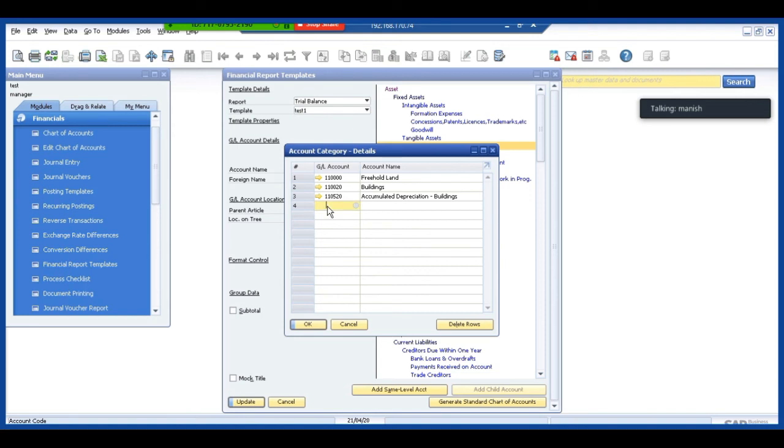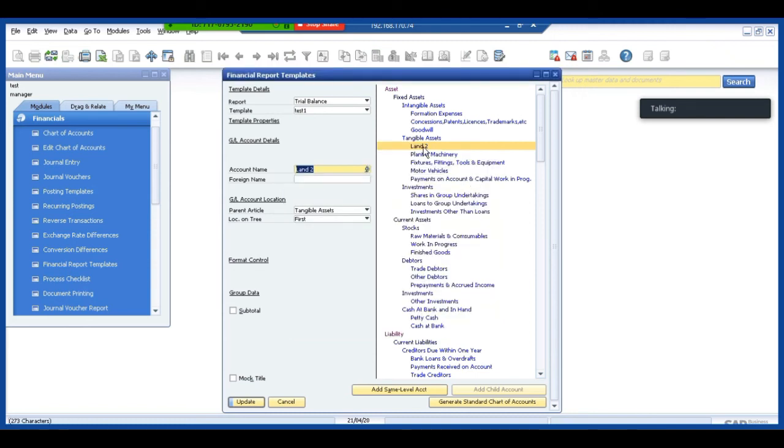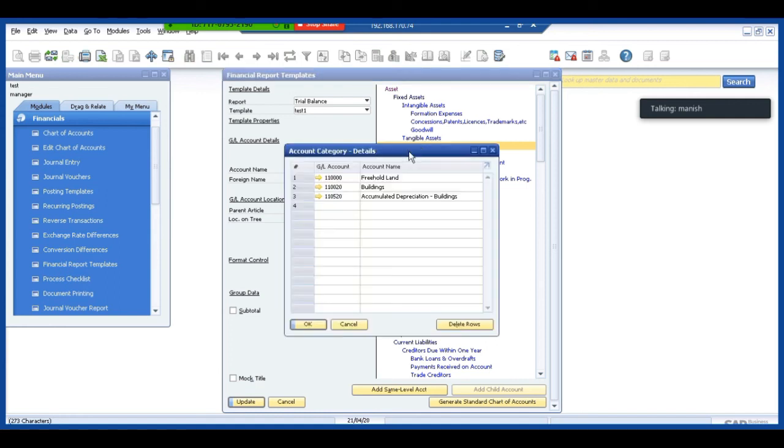If I want to delete any accounts, I can delete those accounts from there. That would have a direct impact on my trial balance. Say for example, the total of these 3 accounts under land is 1000 rupees. If I delete any of those accounts, the balance would reduce by whatever the balance was for that particular account.